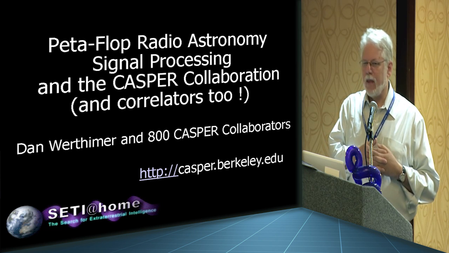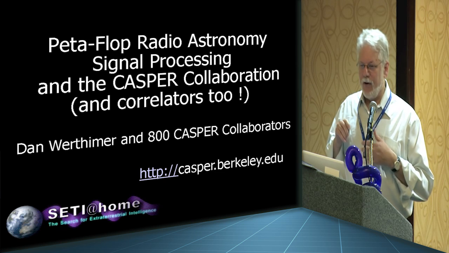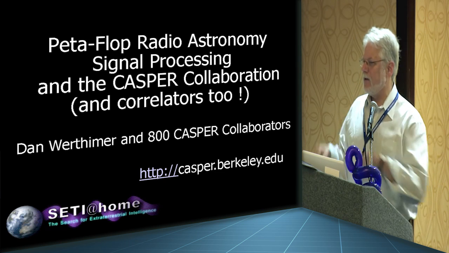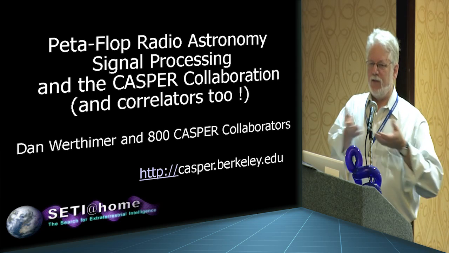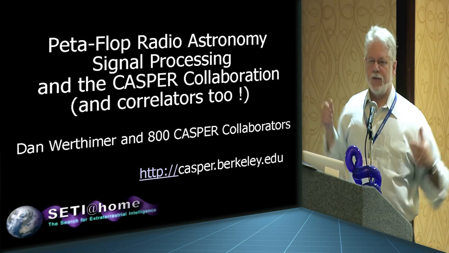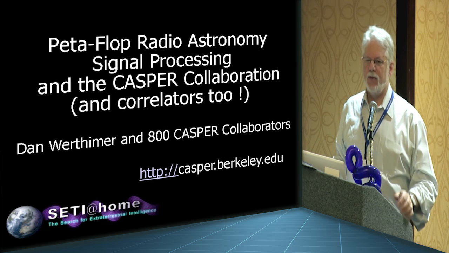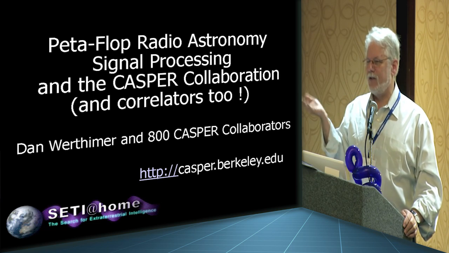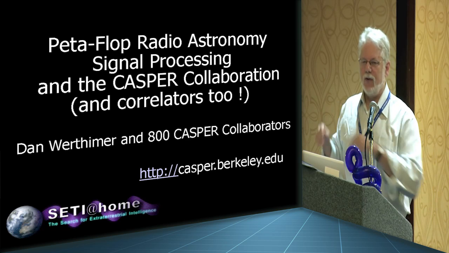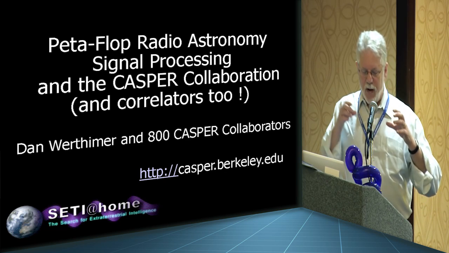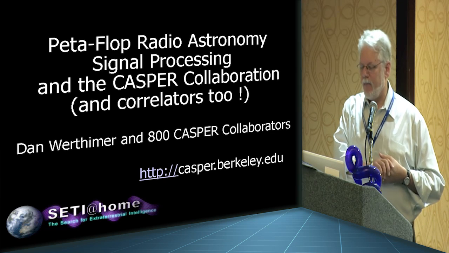I'd go that far. The other thing that we asked him to talk about was correlation. And I don't know anything about radio astronomy at all other than what Dan has taught me off and on. But it used to be that these giant dishes were one class of problem. Nowadays, they have arrays of lots and lots and lots of little dishes. You see these pictures all over the place. Correlation is essentially the process of focusing the image from all those beams and creating something usable out of it. So it's sort of a micro look at the real problem from a very low level. So we'll ask Dan to talk about both of those.